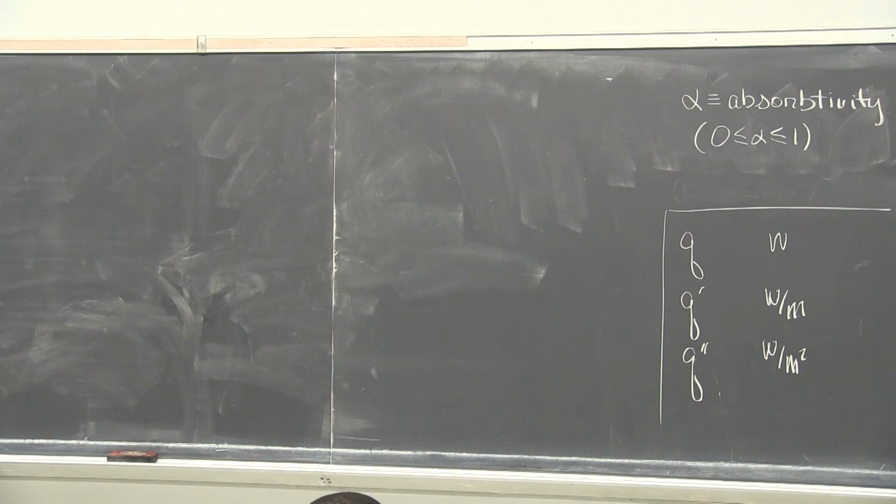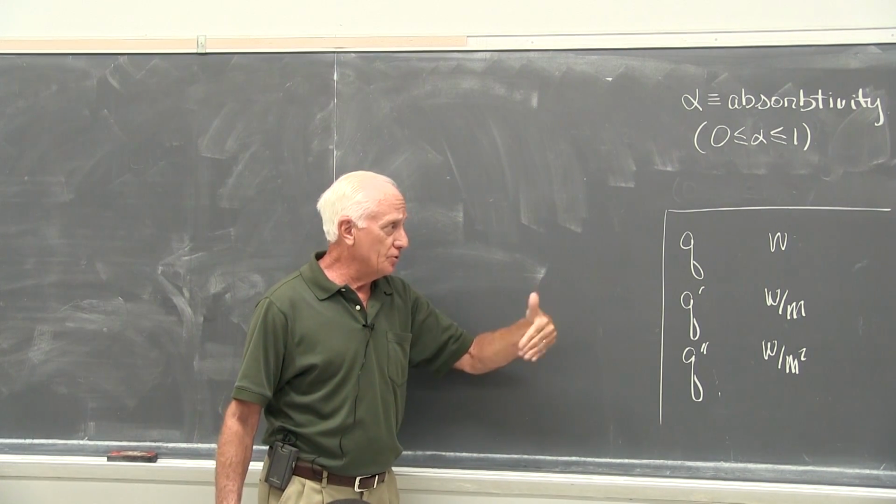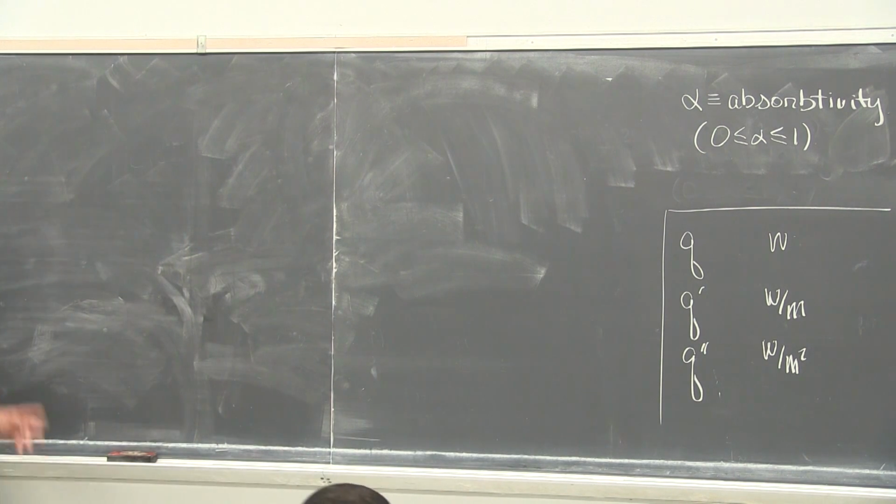So if they ask you for something, or give you something in a problem, with those units, then you know what you're supposed to find or what you're given: Q, Q prime, or Q double prime. All right, so with those, let's work some example problems out of chapter 1, similar to your homework problems. The first one I'm going to work is problem 1.10. For homework, you've got 1.6 and 1.7. So I'll work 1.10.